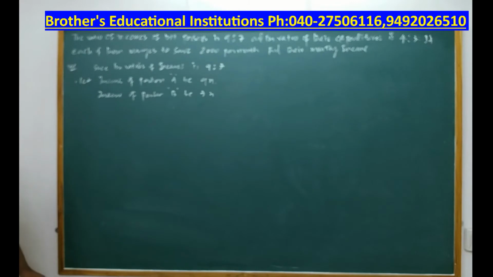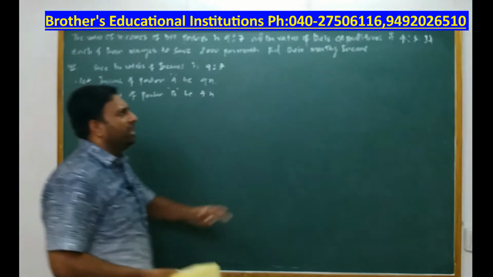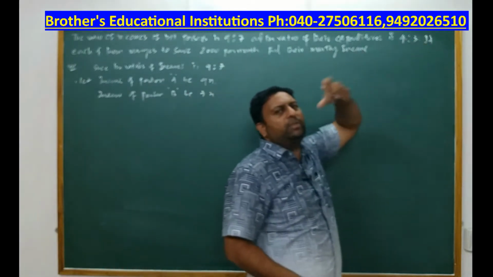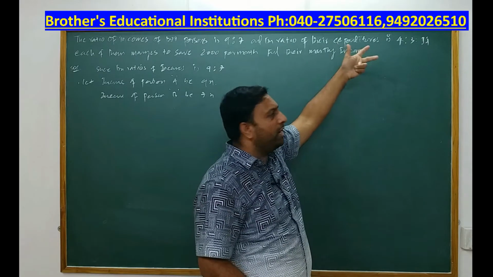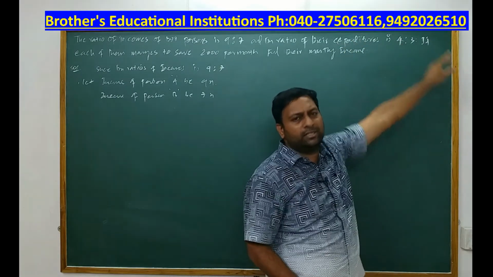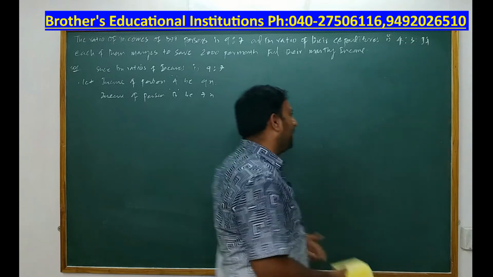Now let us focus on our expenditure. Expenditure is also the same. 4:3 is a ratio. Doesn't mean that 4 is the expenditure. It can be 400 and 300, or it can be 800 and 600. We do not know what is being multiplied. So